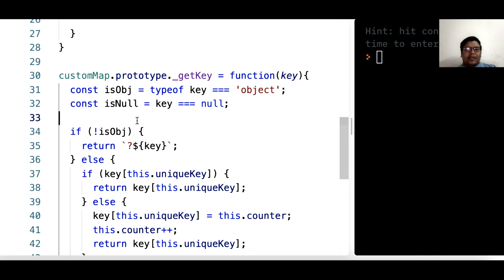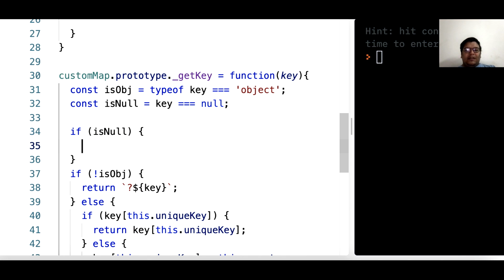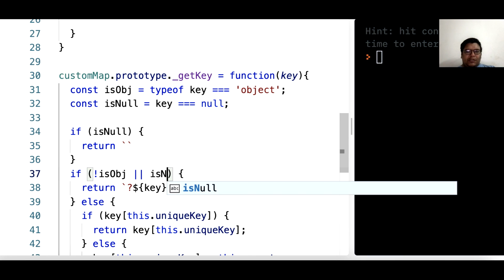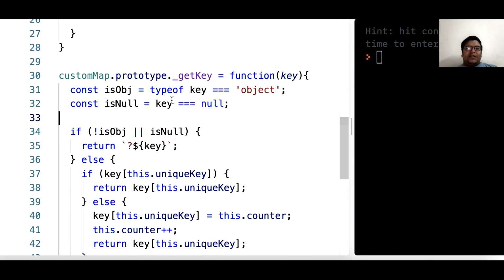So in case of null, false. But the question is, null here, we actually need to handle. If it's null, return, again, we will handle it. So for the case of null, it will say that it is an object, right?